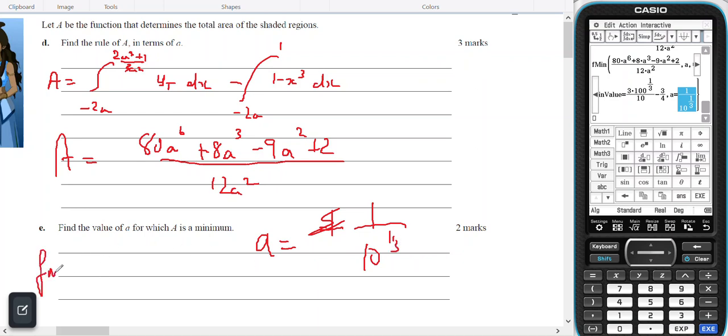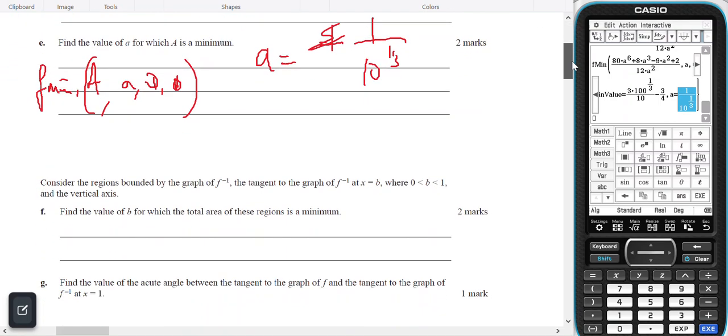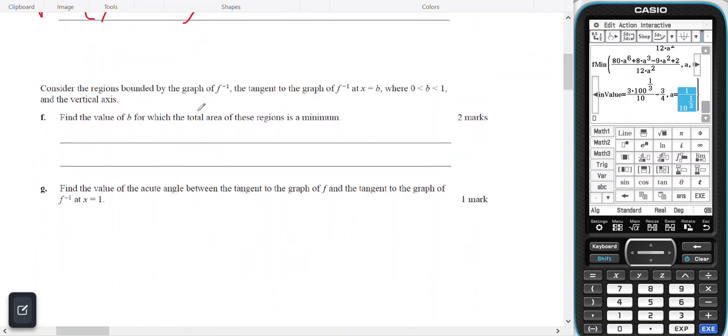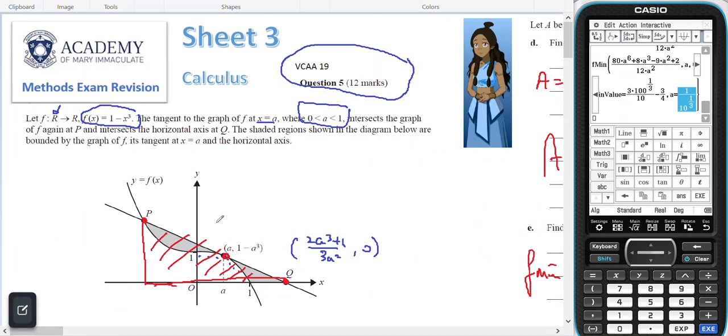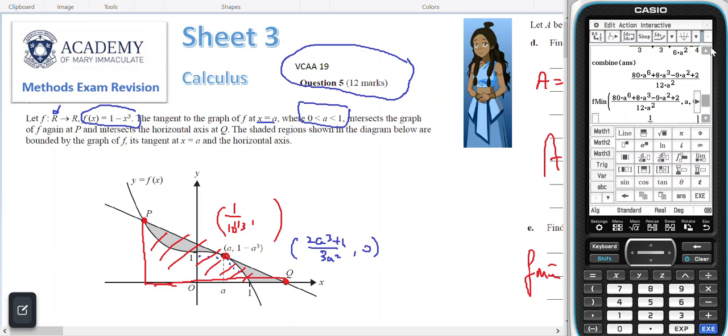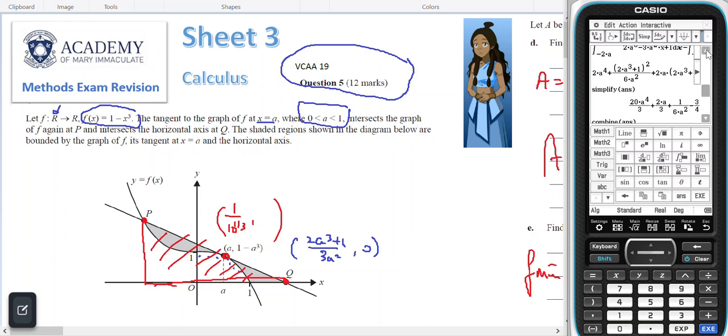So Fmin of A, small a, 1, 0, 0, 1, will be my method for finding the minimum value of A. Consider the region bound by, so that point is going to be here somewhere where I've got 1 on 10 to the 1/3, and my Y value for that will be,